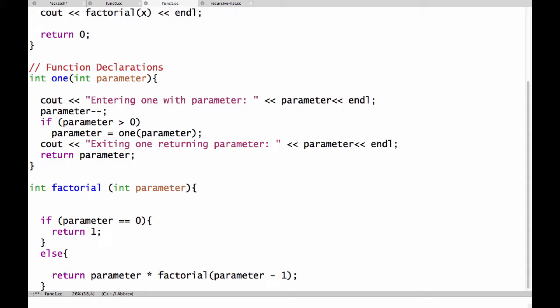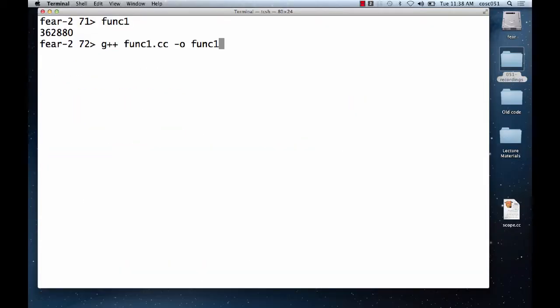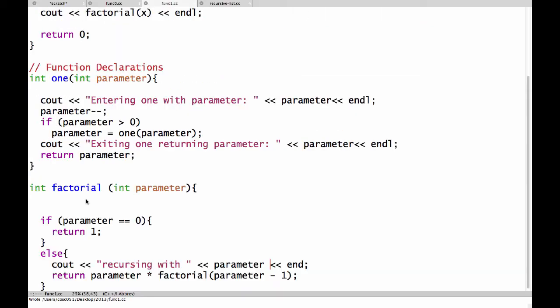All right? And the way this got computed, again, is this factorial thing, right? We can say, and what I'm just going to do is put a little thing here that says recursing. So we'll just output what's happening here, and you'll actually see, whoa,